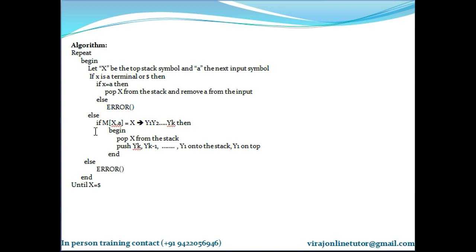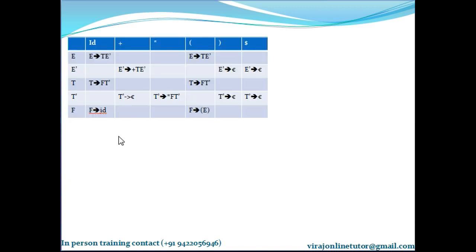If it doesn't match, that means there is an error, because the topmost element is a terminal, the input character is a terminal, and they are not matching, so parsing is not successful. If the topmost element of the stack is a non-terminal, please read that table, non-terminal versus terminal. If that cell is a production, replace the topmost non-terminal with its production. Else you report an error. Simple.